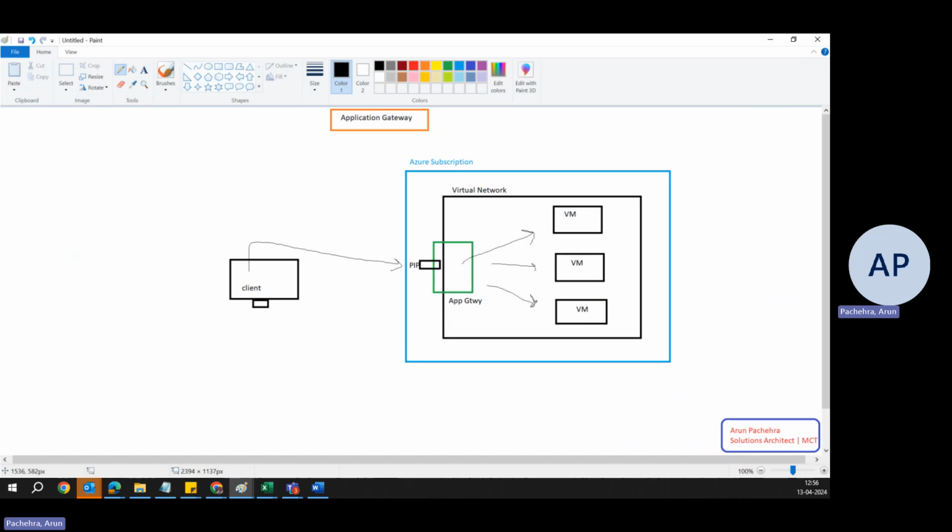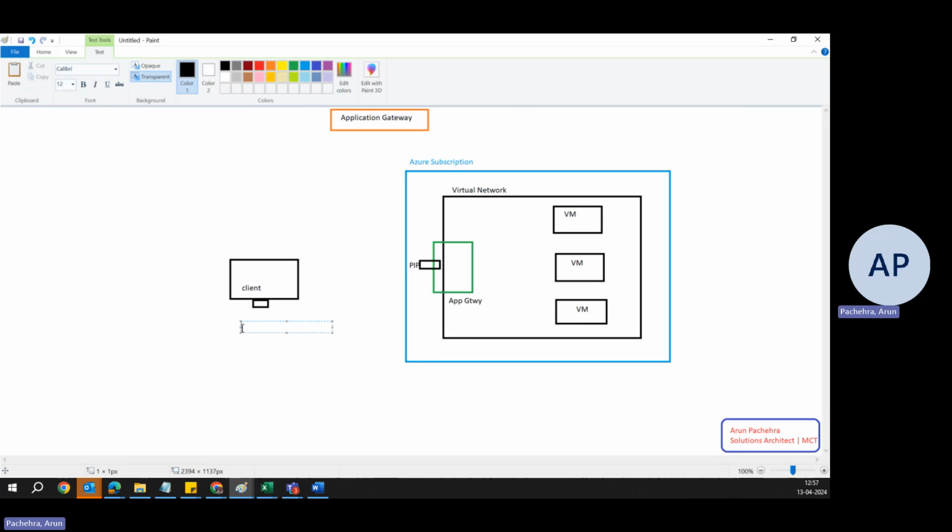It's a smart load balancer. Why smart? Because it works on layer 7. So that means it is aware of what is going on in that data on layer 7. What exactly I mean by that, I'll tell you. For example, one of the features of Application Gateway is URL-based routing. What is it? URL-based routing, which simply means